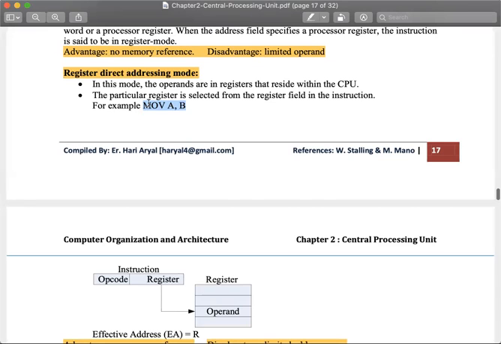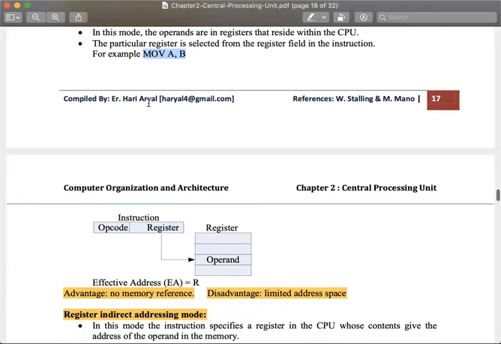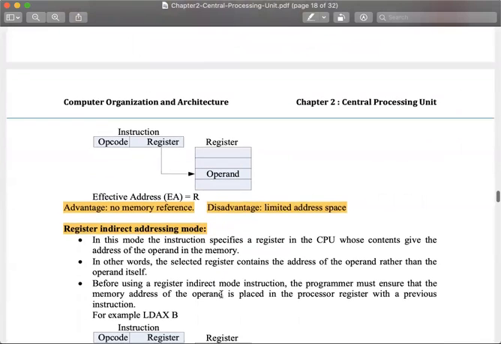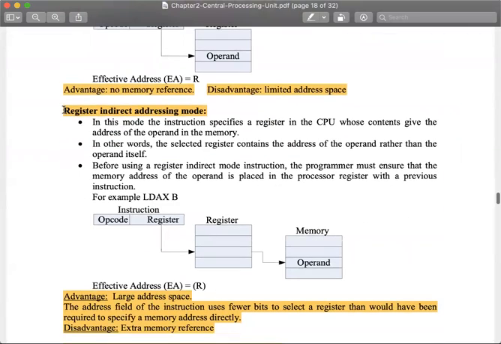So you see the instruction is actually executed between two registers. No address, no data, nothing is there, only two registers are here, and I have to move the data between the registers, whatever the instruction that will be executed between the registers. So this is called the register direct addressing, যেখানে অন্য কোনো কিছু থাকবে না, শুধু রেজিস্টার দেওয়া থাকবে। এটারও অ্যাডভান্টেজ ডিসঅ্যাডভান্টেজ দেওয়া আছে। এরপরে আরেকটা আছে, সেটা হচ্ছে রেজিস্টার ইনডিরেক্ট অ্যাড্রেসিং মোড।